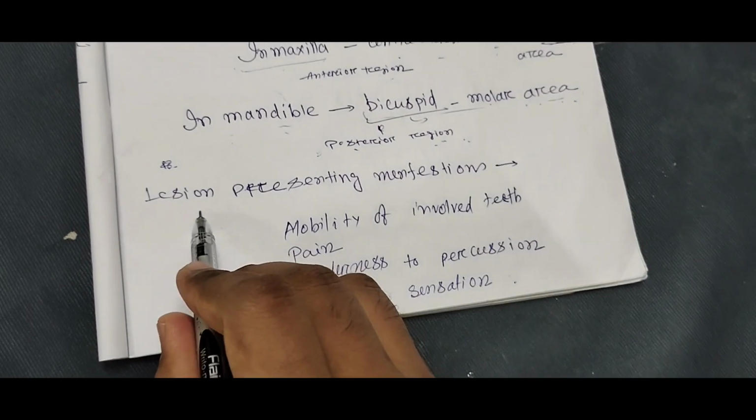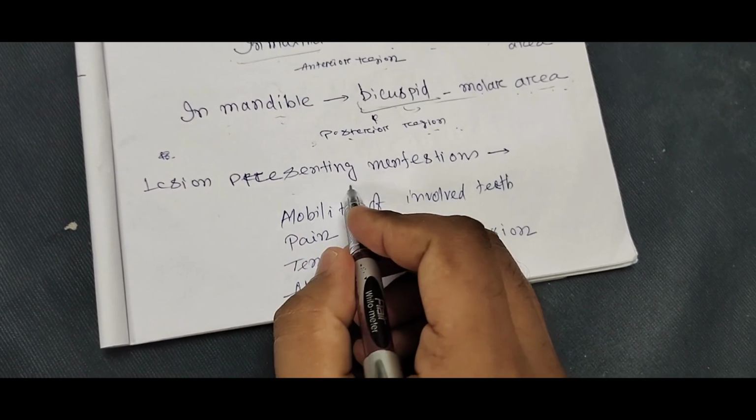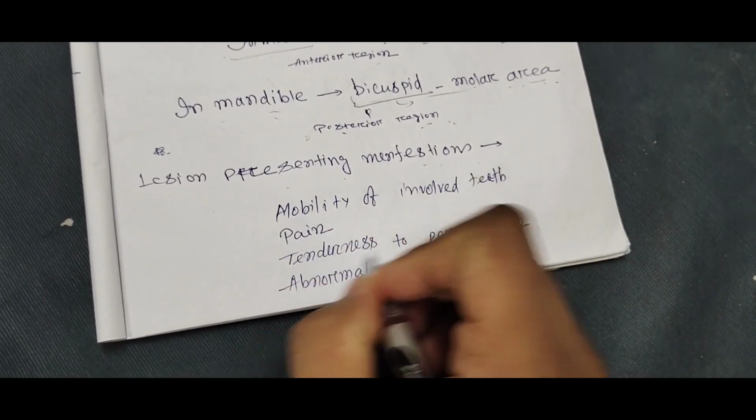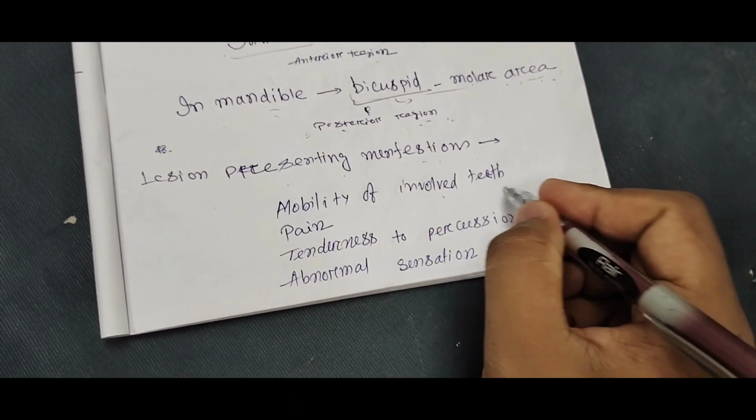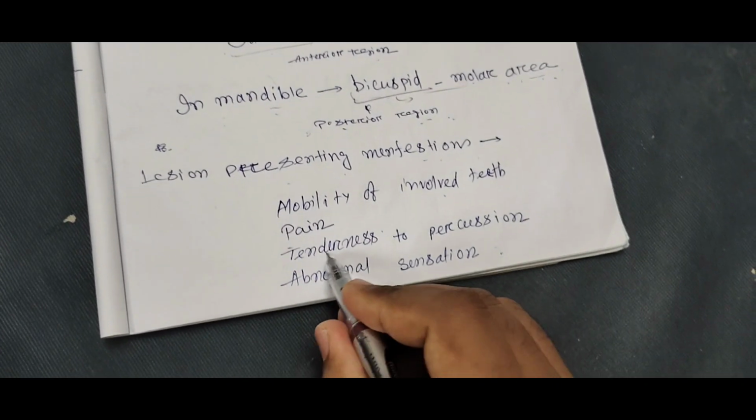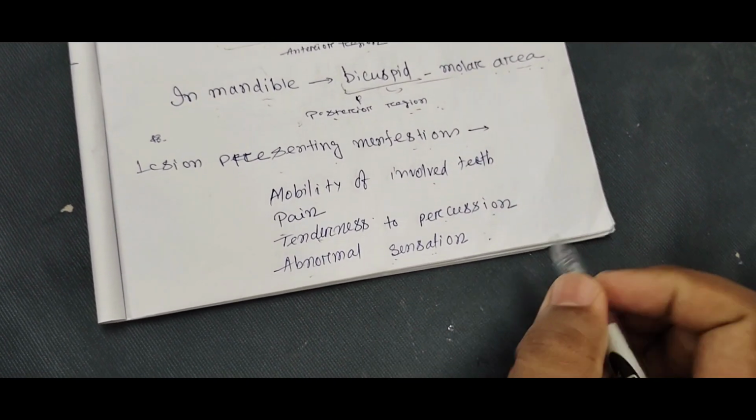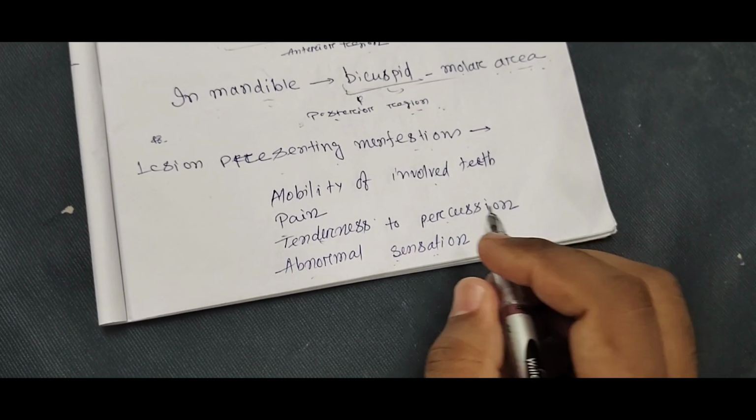Okay. Now, lesion presenting manifestations. The lesion presenting manifestations are mobility of involved teeth, pain, tenderness on percussion, and abnormal sensation. That means